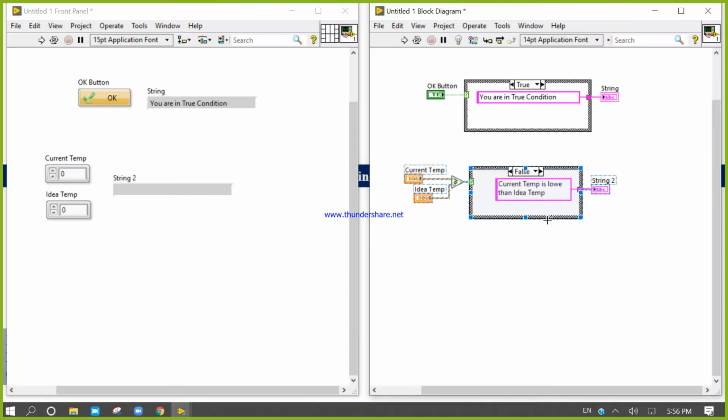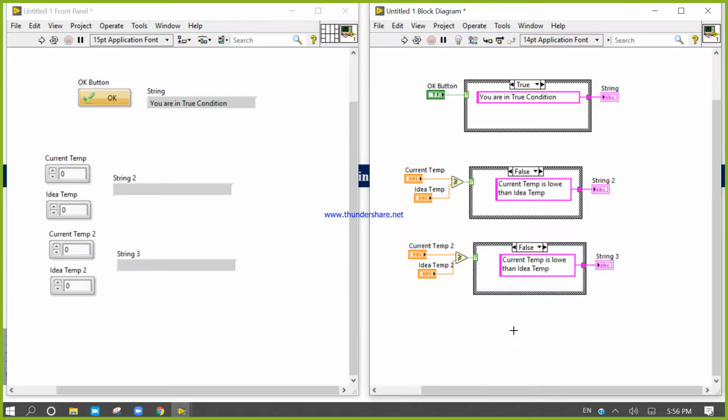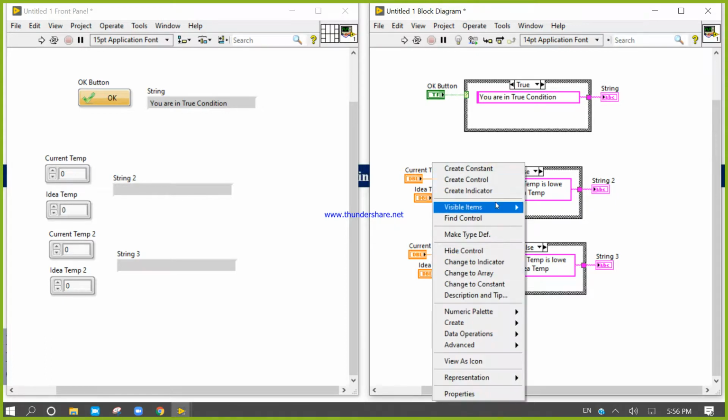I am going to copy the same idea. Right click, create constant, so change it into a constant.